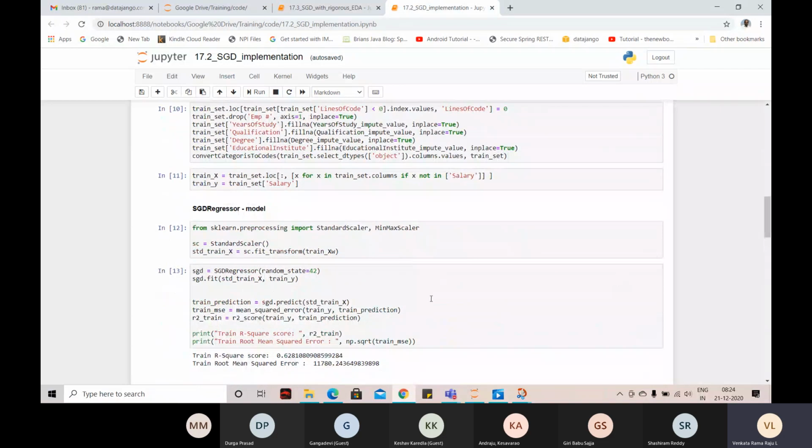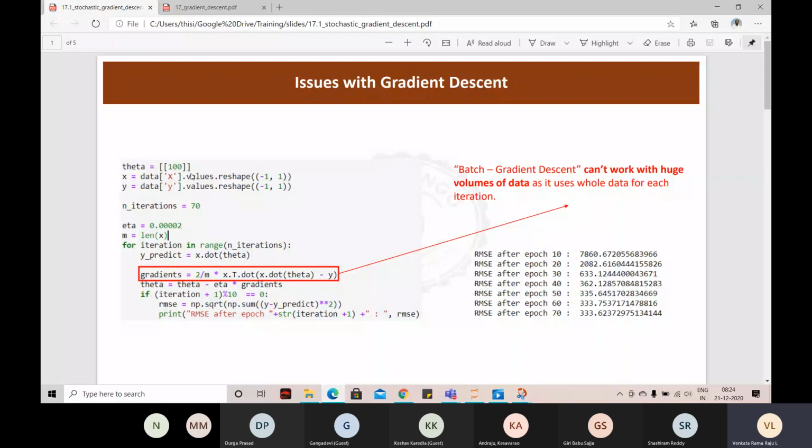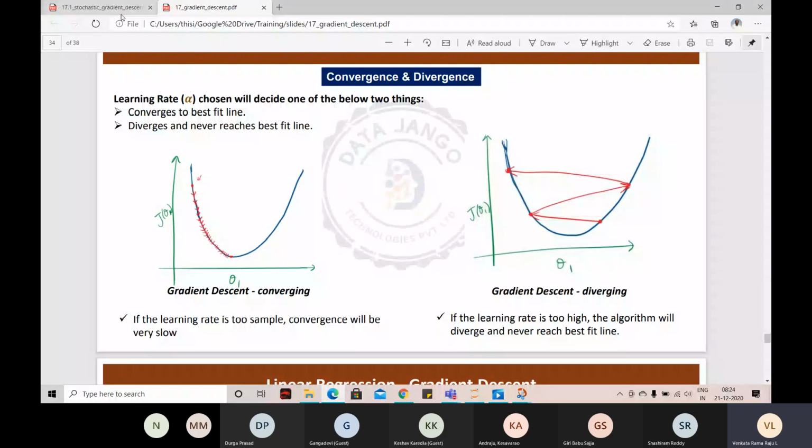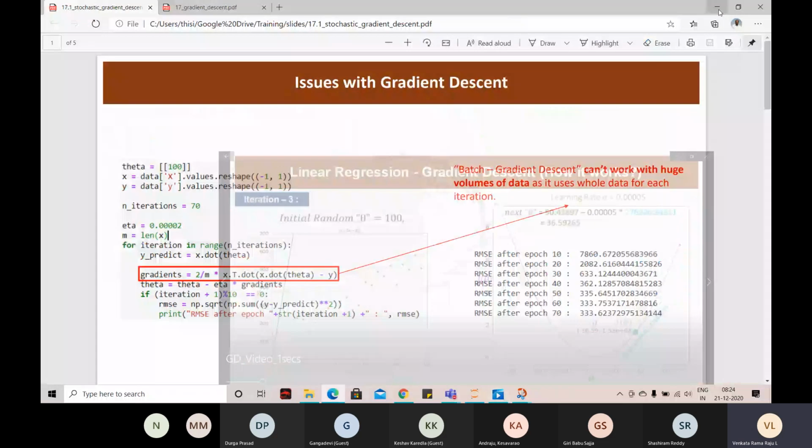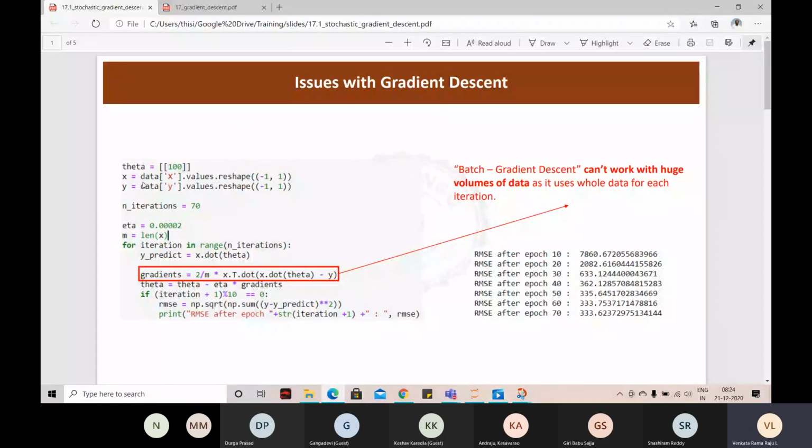So here we are using SGD, so I need to explain this and then go. Here, the gradient descent algorithm, practical from a code point of view, how to do it. I have chosen theta 100. Whatever I showed you in the diagram or this video, I start with 100. And then I took the data from one of the linear data generated. I have only one X and one Y. I reshaped it to make a two-dimensional matrix and a one-column matrix. And the number of iterations I chose was 70.